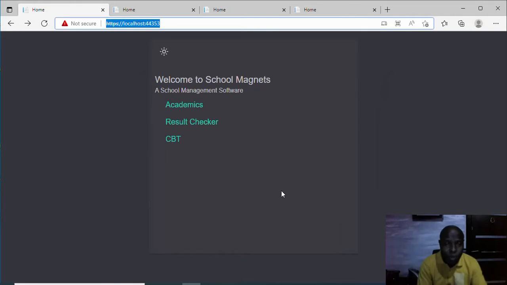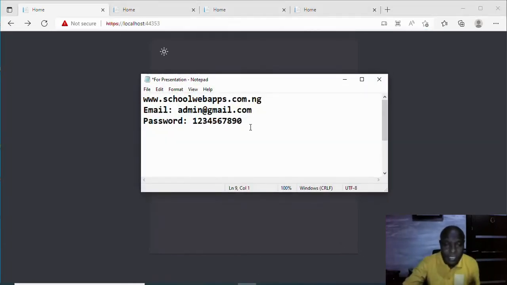And the administrator, who is in charge of the software, has full access to every section of the software. In some areas, if you are not an administrator, it will tell you that you don't have access to this particular page. So I've provided this online address to check out the software as an administrator,